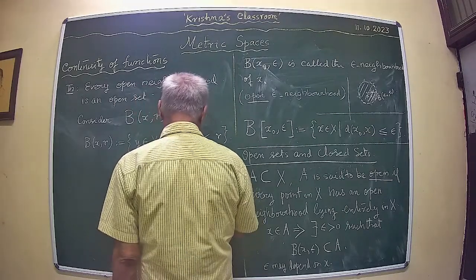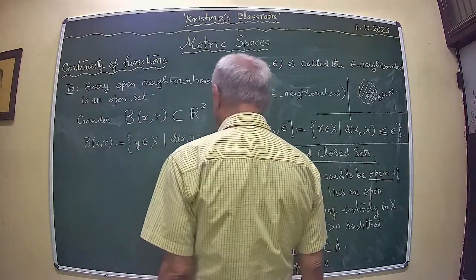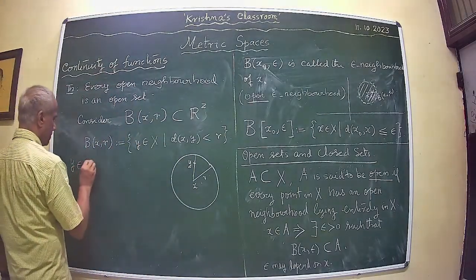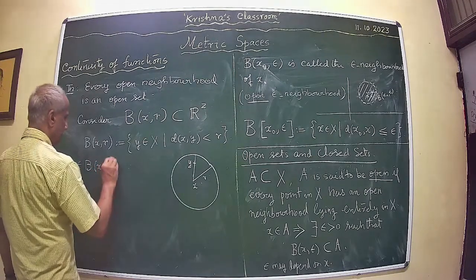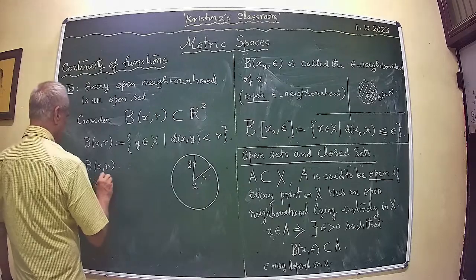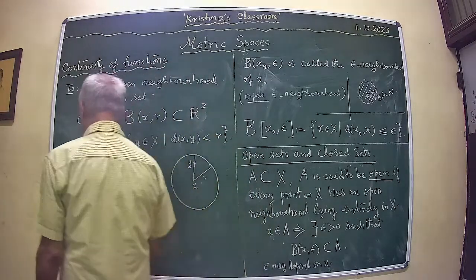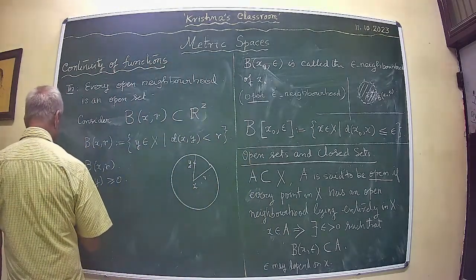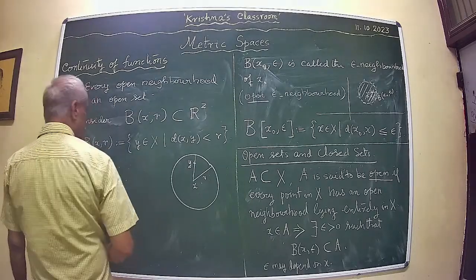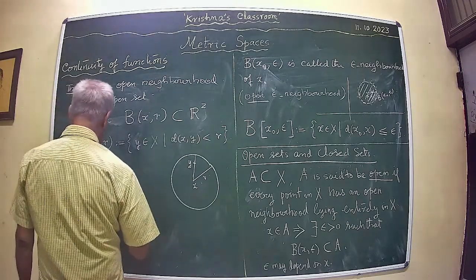Now what one does is choose, so d(x, y), suppose y belongs to it, so d(x, y) is greater than or equal to 0. So you choose a delta which is less than or equal to r minus